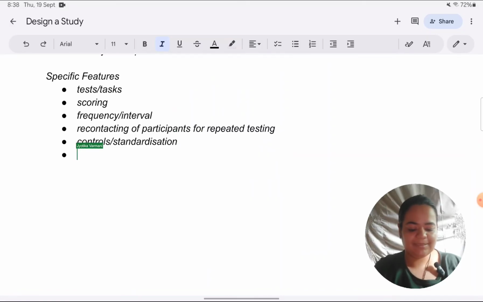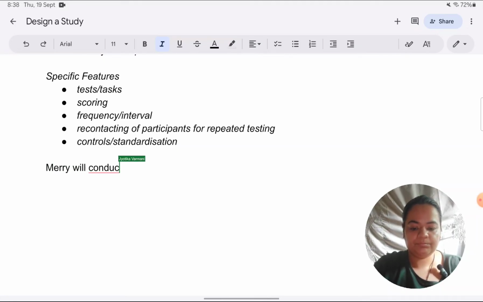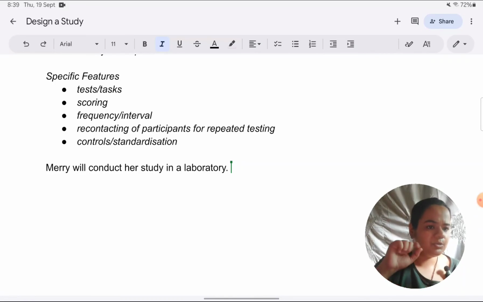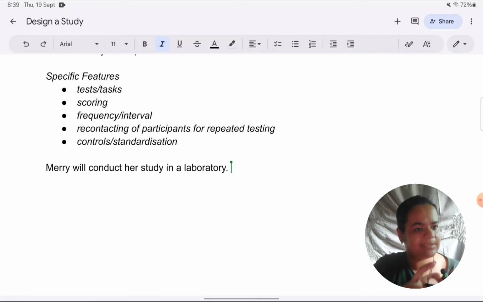So how I would begin is very simply by saying Mary will conduct her study in a laboratory. Also, I will suggest writing the study in future tense because it hasn't been done as of now. And please maintain that future tense throughout the answer. Some students keep switching between past, present, and future tense. I know this is not an English class, but it becomes very difficult to read what they are trying to say in the answer because suddenly they switch from future to past tense as if the study has already been done. So, very simple things just to make the quality of your answer better. Just try to keep them in mind.